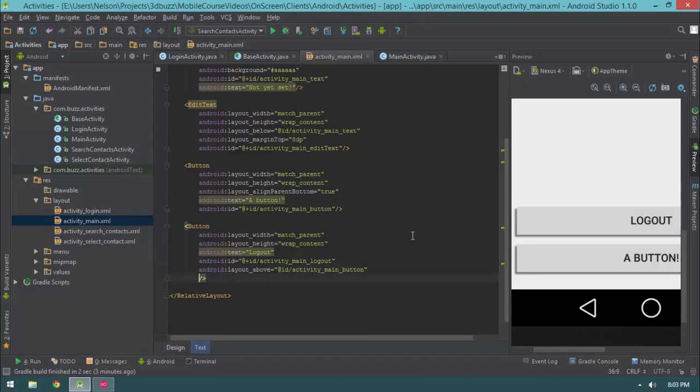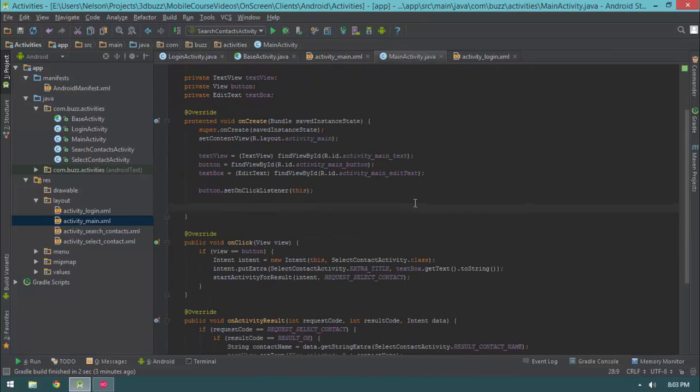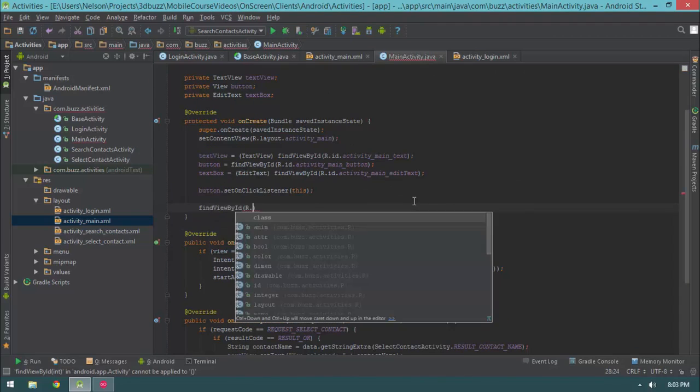And then, just to be fancy, I'm going to go down here and say margin bottom is 8 dp. Just give it some space in between the two buttons. Okay, so now that we've done that, we have to go ahead and actually implement the logout behavior. So let's go ahead and jump back into our main activity. And then down here, what I'm going to do in onCreate, I'm just going to be quick and dirty here. I'm going to say findViewById,